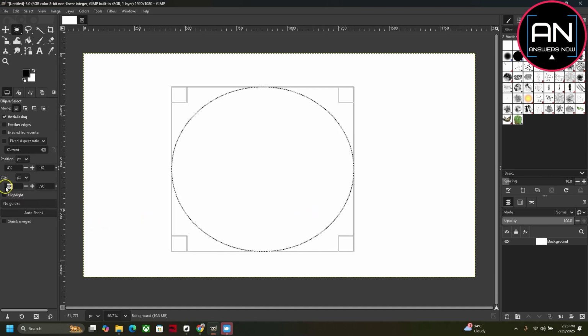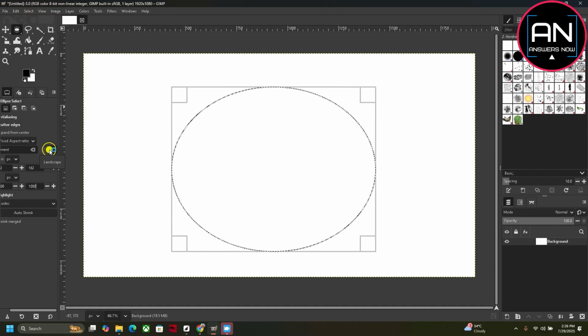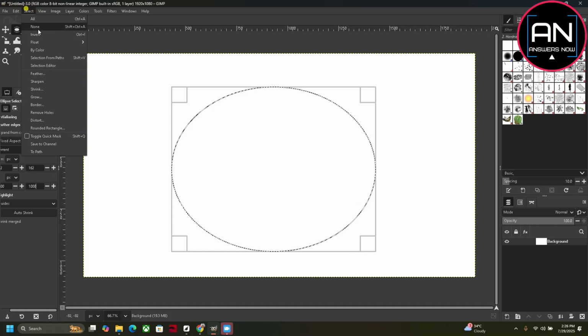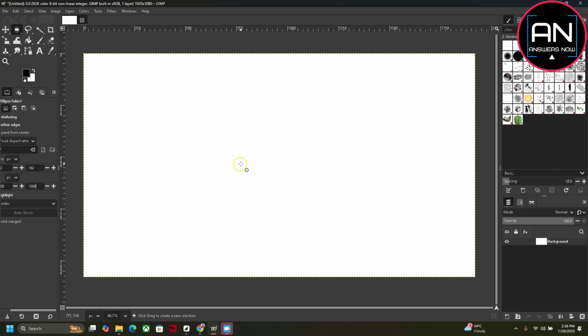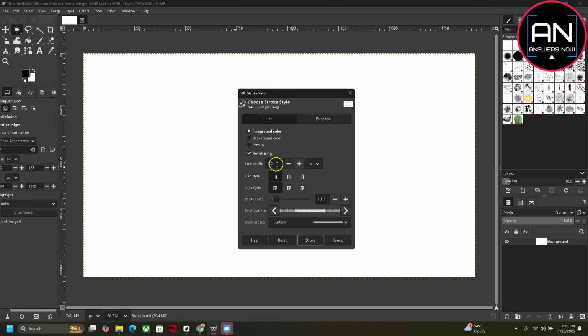Then go for this Select and tap on this To Path. Again go for this Select and tap on this None here. Now come to this Edit. Go for this Stroke Path. You can see this option, line width. You can increase it by 25 and then simply tap on this Stroke and you will see this kind of